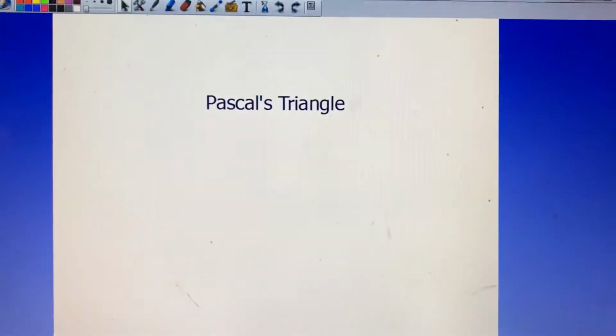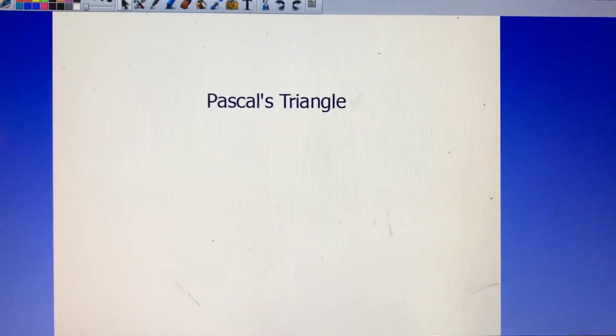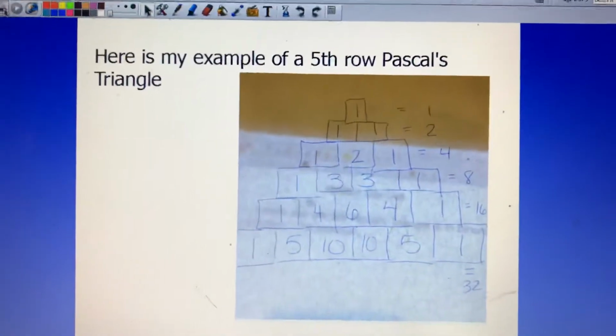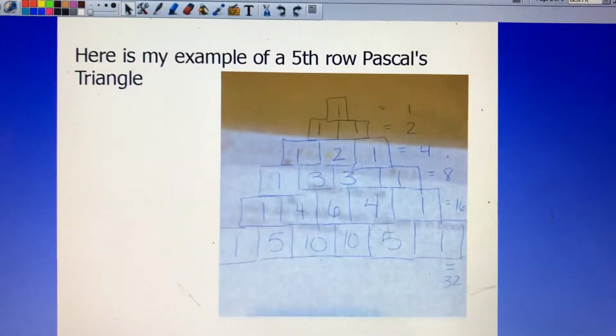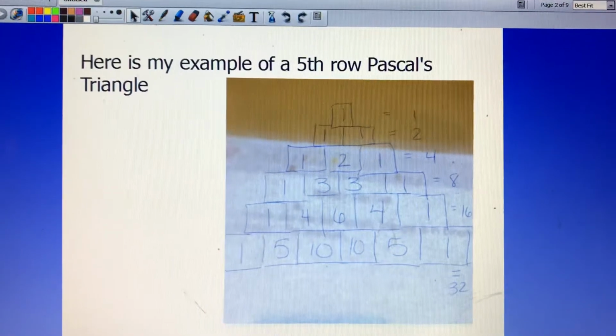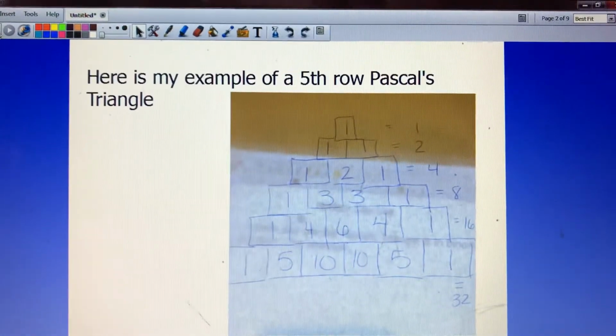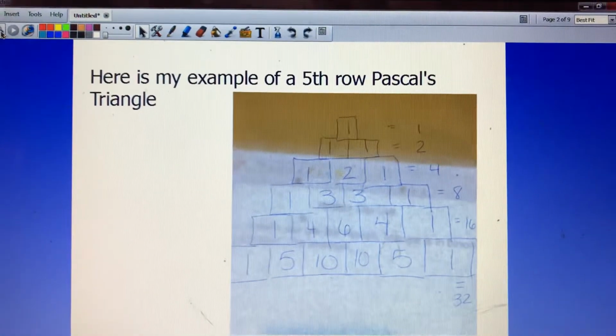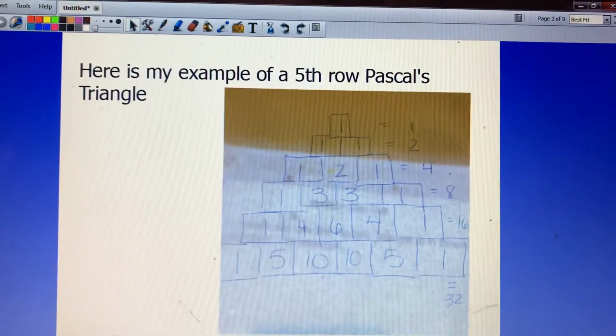For my project, I did Pascal's triangle. So I created an example of 5 rows of Pascal's triangle. So you start with 1 and then you move to 1, 1. And then you have 1 on either side, but to get the 2 in the middle, you add the previous